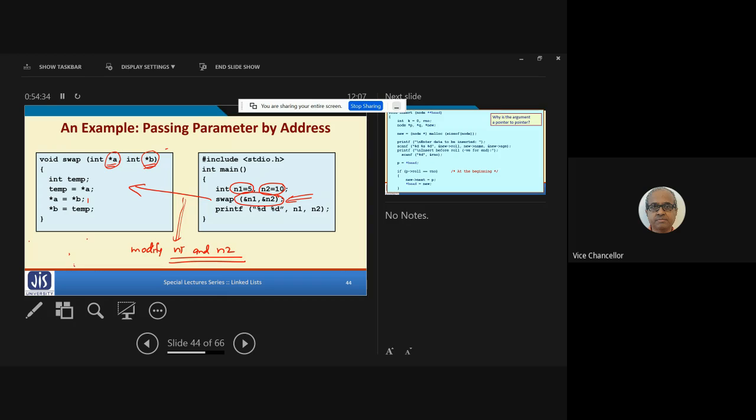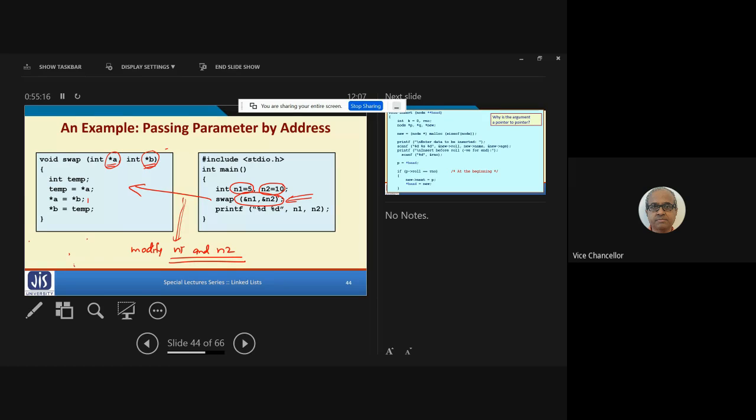Just wait for the next lecture. Okay, sir. Because the next lecture is exactly what I shall be telling. See, here in the last example, I just said that N1, N2 is allocated somewhere in memory, and A, B, temp are allocated somewhere else in memory. But I did not tell where. Similarly, you asked another question: if it is a global variable, where in memory is it allocated? If it is a static variable, where in memory is it allocated? Yes, sir. We need to understand that. And that I shall be discussing in the next class when we talk about function call, recursion, and all these things. Okay? Those parts will get clear.